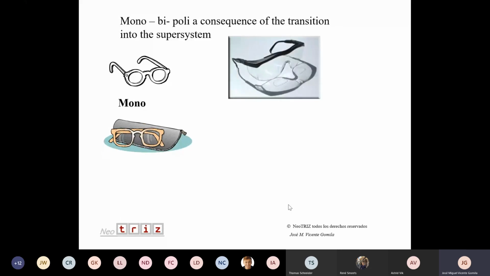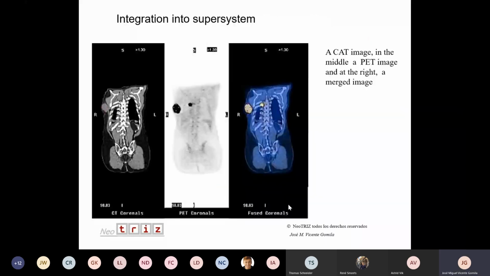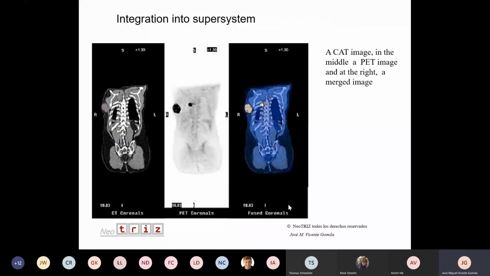We can see then the bifocal lenses. Then the Varilux or multifocal lenses, and finally the contact lenses. Okay, and another of the transitions to the super system is hybridization, and we will finish with this. This is about